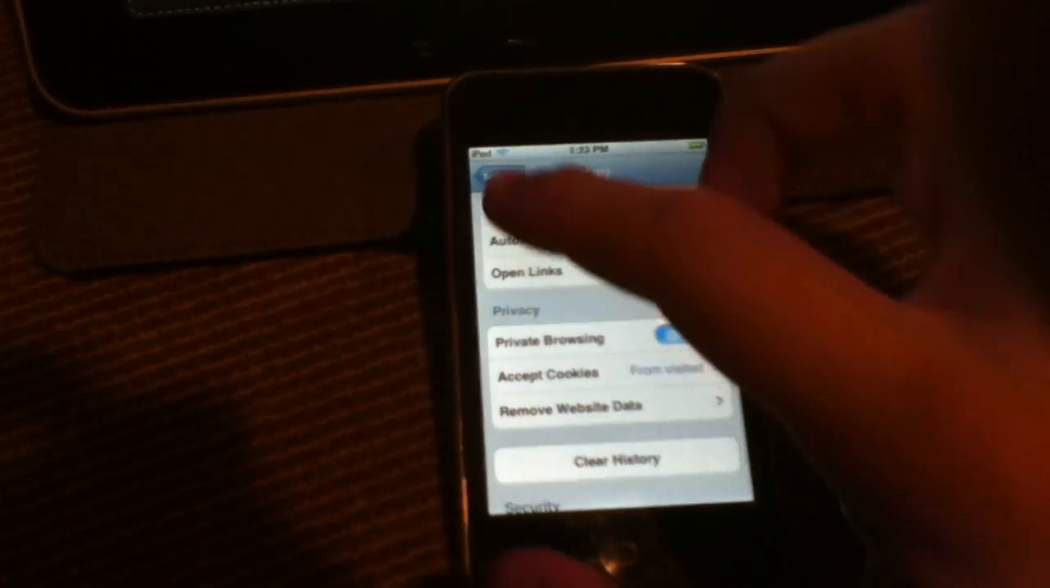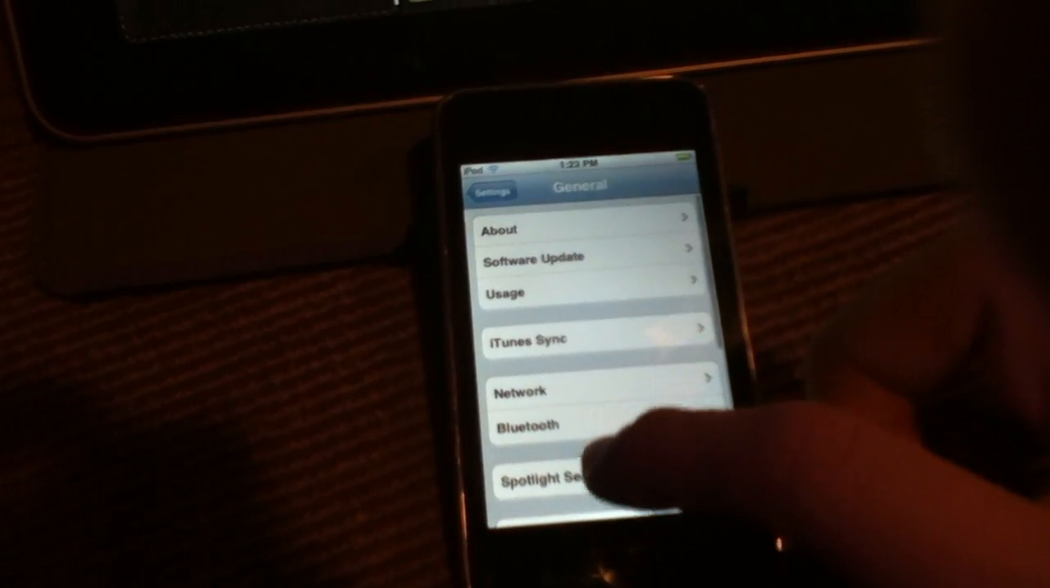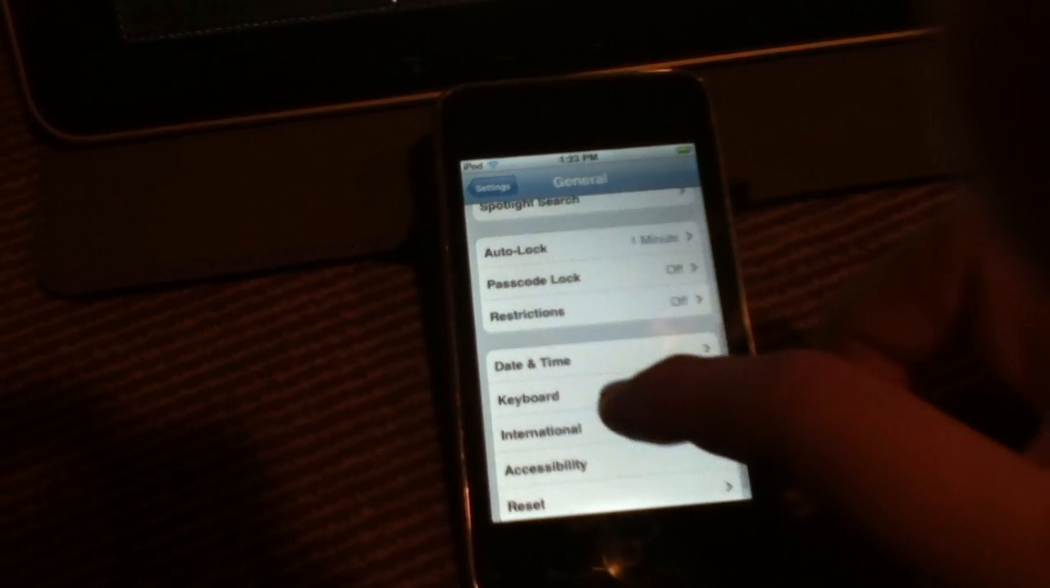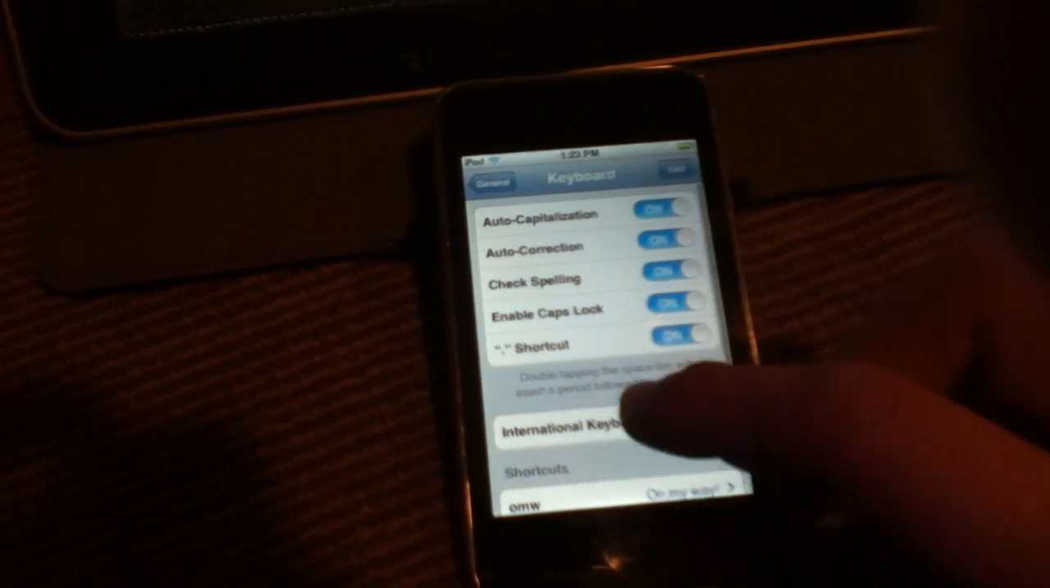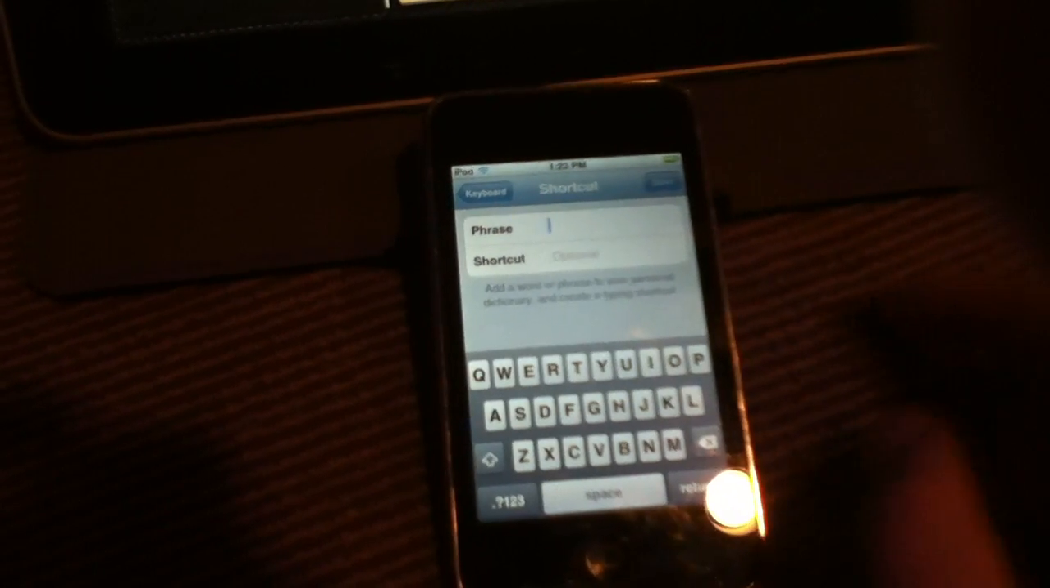Next, keyboard shortcuts. Basically, if you go into settings, you can go to the general tab here, then go to keyboard. Then you can actually scroll all the way down and click add new shortcut,